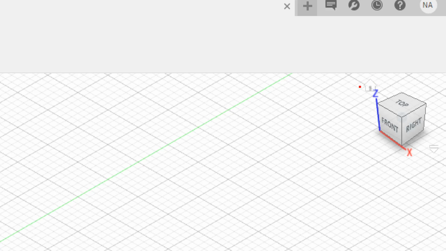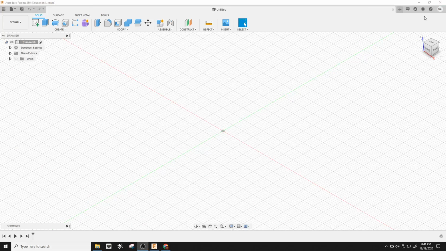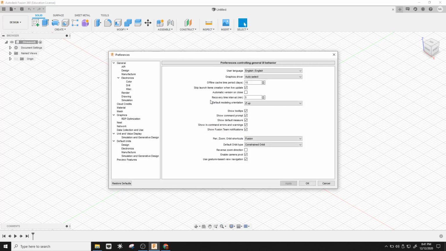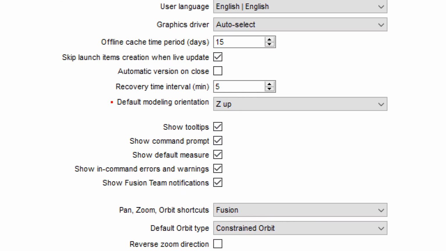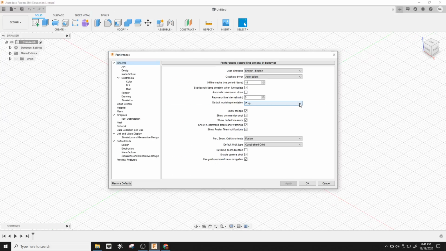So today I'm going to talk about how to change that temporarily as well as permanently. To change it permanently, you can go up to your preferences and click on preferences. That launches the dialog box for the preferences. And there we have some options. If you go into the general settings and then look over at the default modes, here, default modeling orientation, Z is up right now. So if I click on the drop down, I can set it to Y is up,